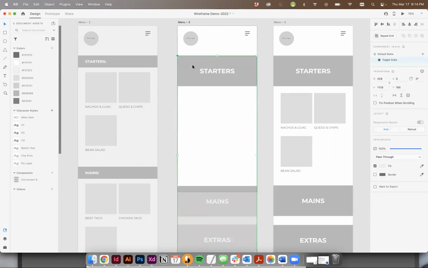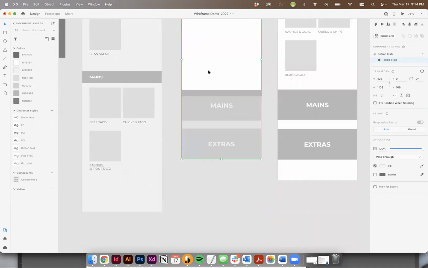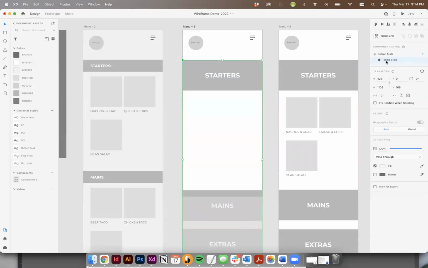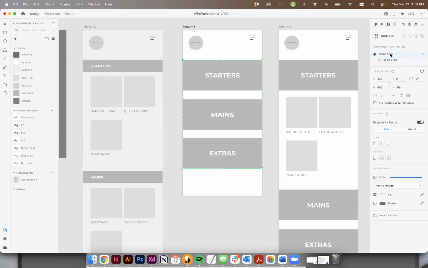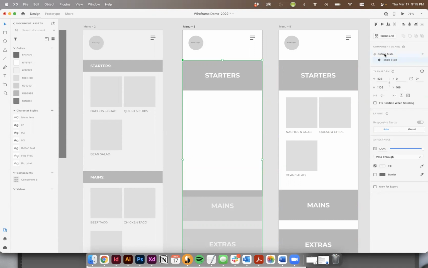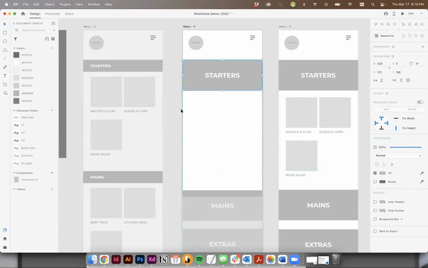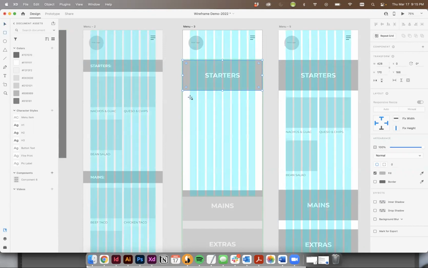So now that component's much larger on the toggle state, but we just want to make sure that we're working inside of that component. If we're not double clicking inside of it, if we work outside of it, you're going to lose all of that work. So what I can do now is I can literally click between toggle state and default state to see how that's going to now move. So again, I'm going to double click, so I'm working inside of that component, and I'm just going to recreate those boxes. So I'm just going to pull that grid up,